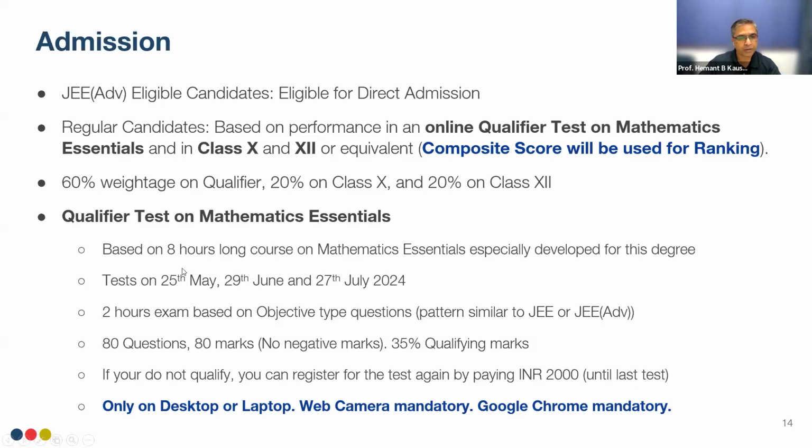If you fail in a particular test, we will allow you to register for the next test. So that is possible. You can take all 3, but one by one. Once you fail in a particular test, only then you'll be allowed to register for the next test by again paying the fee. It will be a 2-hour exam based on objective type questions, which are very similar to JEE